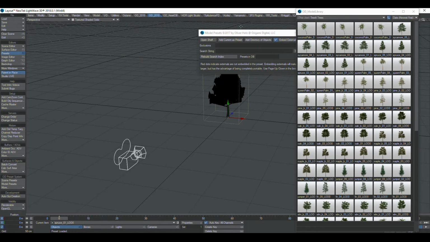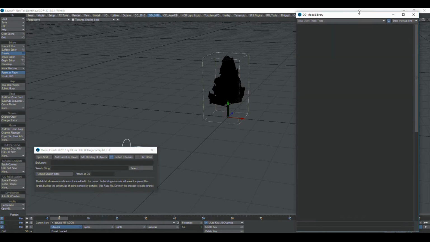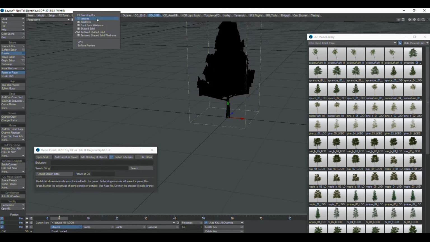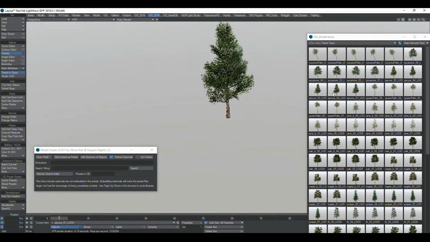unfortunately right now there are some things that are hopefully getting fixed in LightWave, but the way they're all UV mapped and they have clip maps and things like that, that doesn't show in OpenGL right now, so you actually have to go into VPR and render them. But it's just a quick way of getting some of them in here